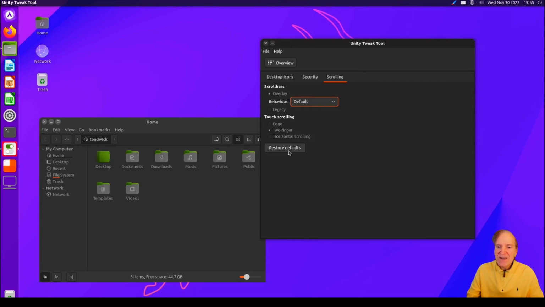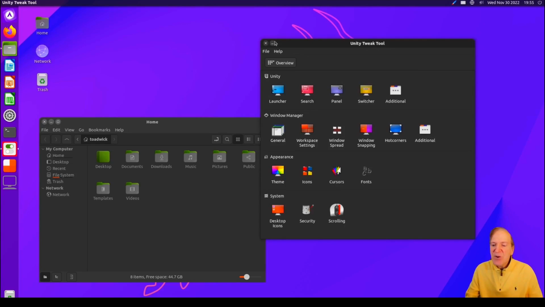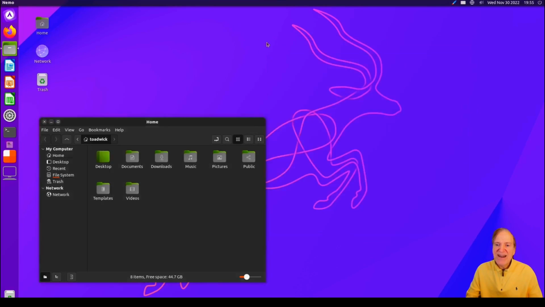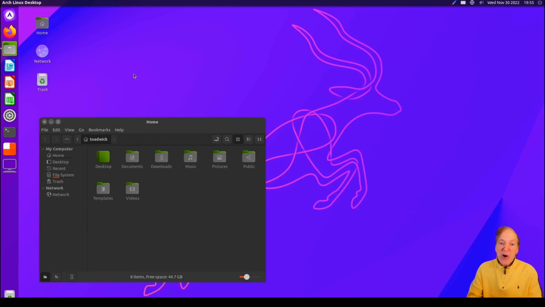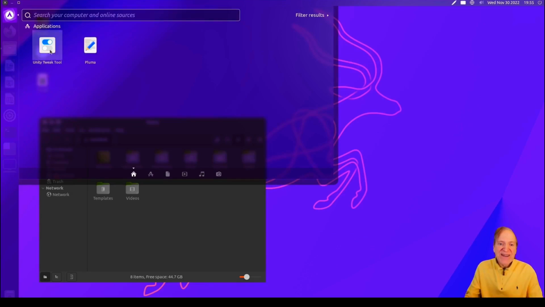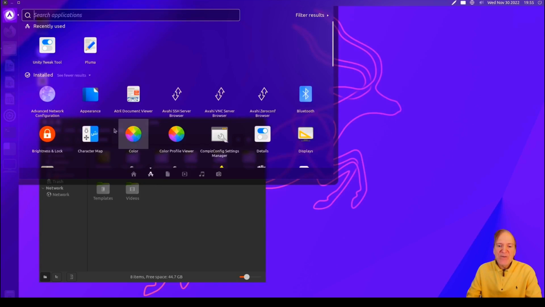It even has touch scrolling here for edge, two finger, and so forth, horizontal scrolling. So a little bit of extra stuff there. Nice. So that's our Unity tweak. Now my curiosity's piqued on that one, or satisfied, I mean. And here we can see our recent items that we were in show up here by default when we hit